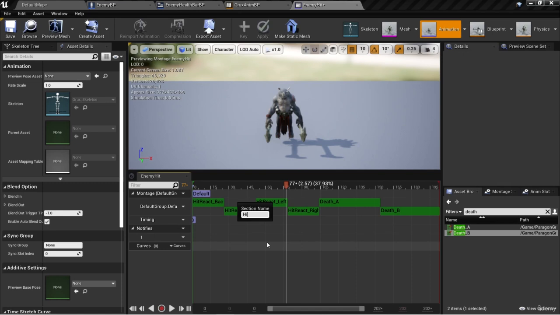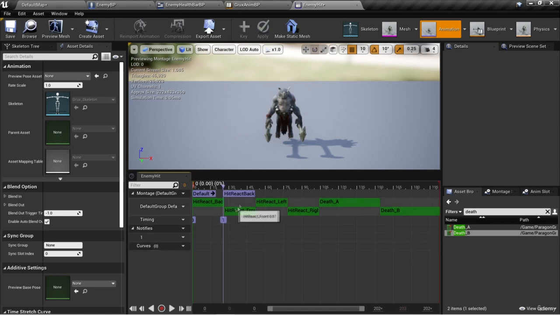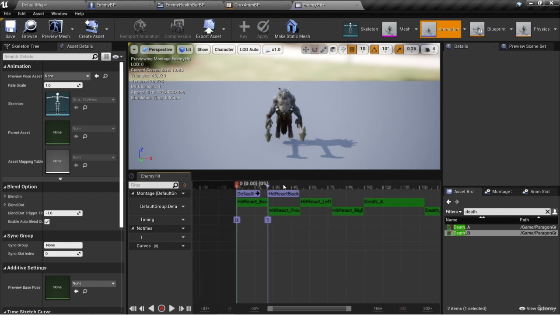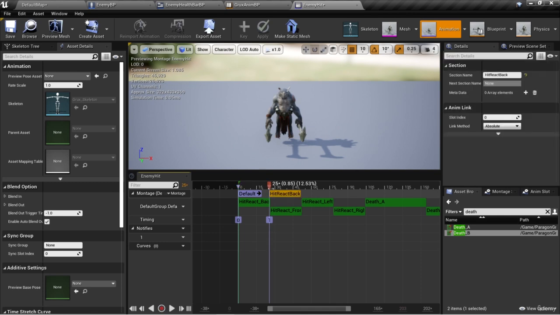Let's call this one Hit React Back. Now we have a Hit React Back. Now I'm going to right click on the gray bar up above and drag to the right so that we can see the left side of this montage. And I'm going to drag the Hit React Back section